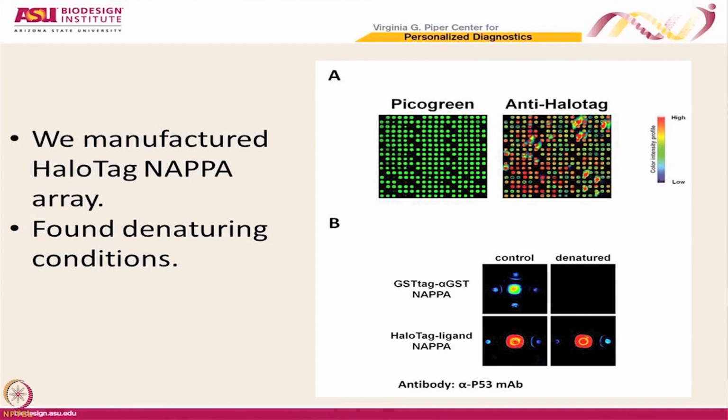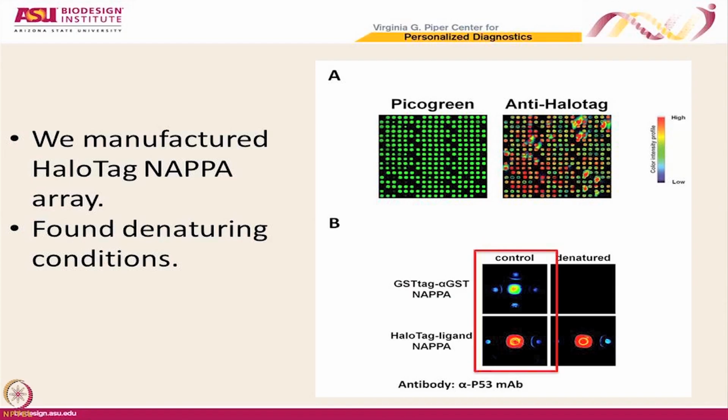So we made an array, and these are with proteins that all have the halo tag on them. So this is just like the kind of NAPPA that you've seen before, but the difference is that in this case, instead of using the GST tag, we have a halo tag, and it's binding to the ligand. And now you can see, for example, this is a p53 antibody, and